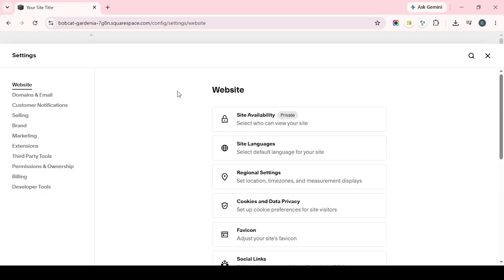Once everything has been filled out and reviewed, click Save and Enable. This final step activates Squarespace Payments on your site so you can begin accepting payments through your store. After enabling it, you may want to return to the Payments section to confirm that the connection is active and that your payout details are correct. That's it. Your payment setup should now